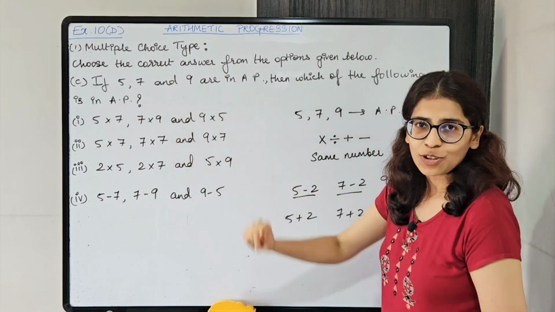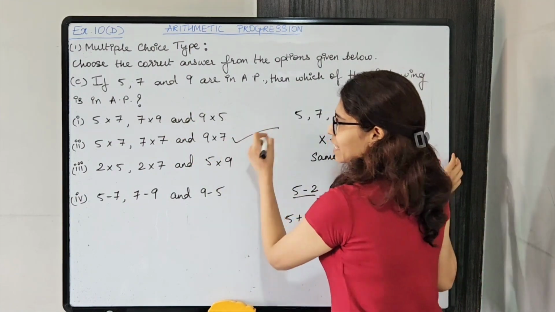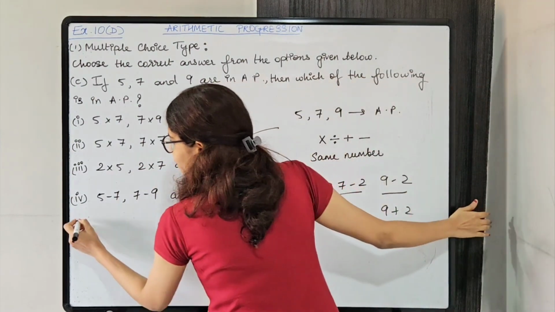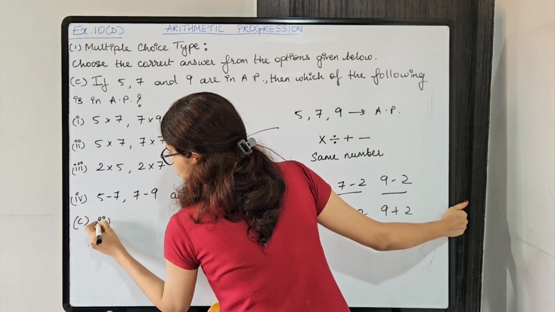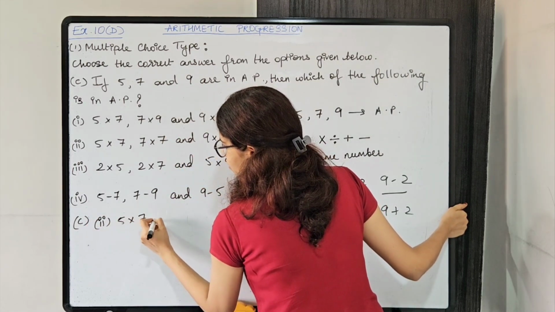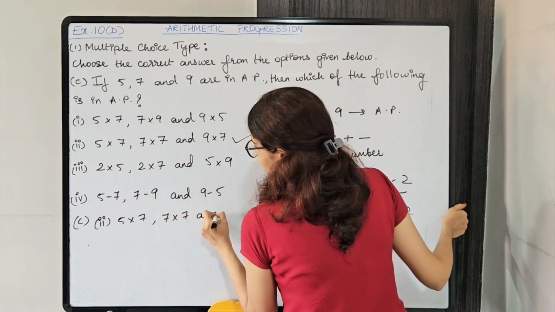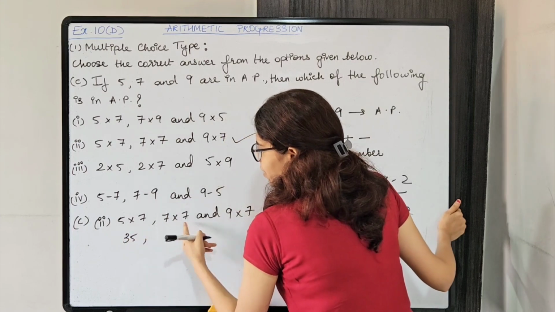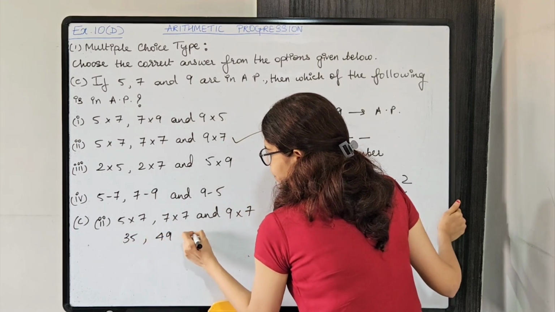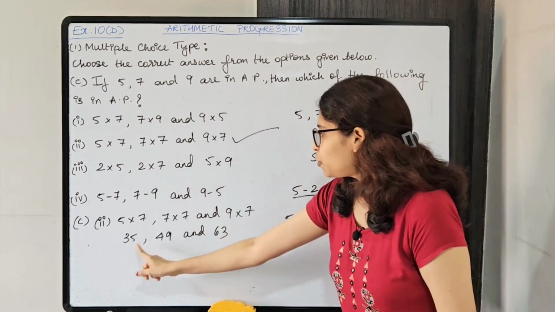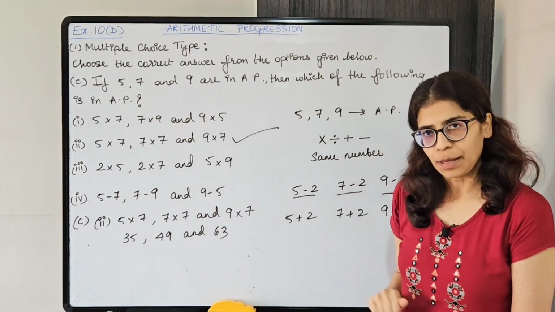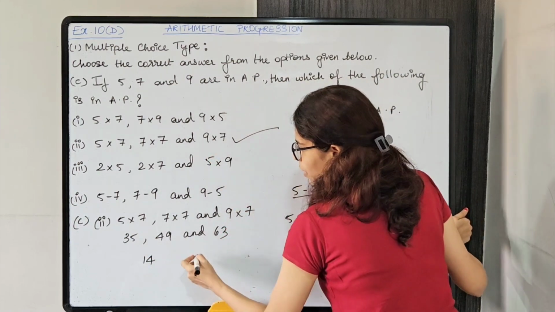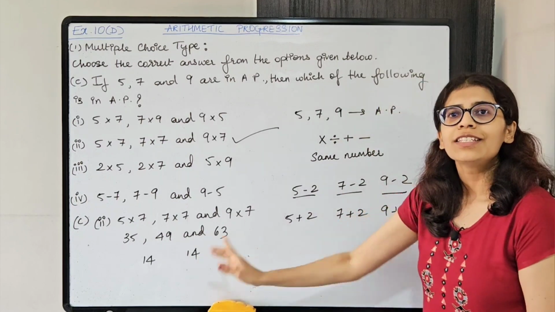So which one is the correct option? Now you can easily find out, second option, right? We are multiplying by 7 throughout. So for C, second option is the correct option, which is 5 into 7, 7 into 7 and 9 into 7. You can just cross check. 5 7s are 35, 7 7s are 49 and 63. Subtract करके difference find out करो. You will get it same. Okay, difference same मिलेगा. So you will get 14 over here, यहाँ पे भी 14. Okay, so common difference is same. All right.